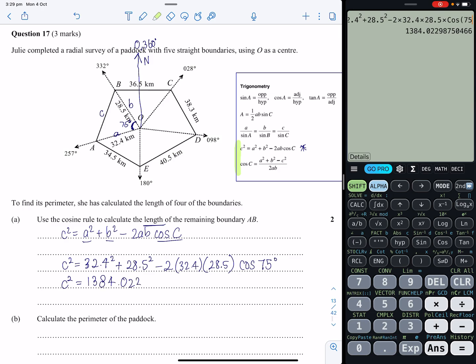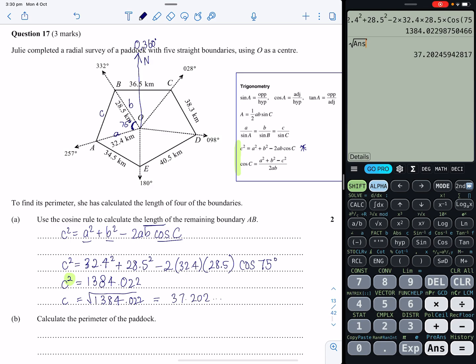But this is what c squared equals. So we still need to find c, and we do that by taking the square root of this number. Notice how I'm not rounding, I'm leaving my answer there, and I'm now going to take the square root of my answer to get